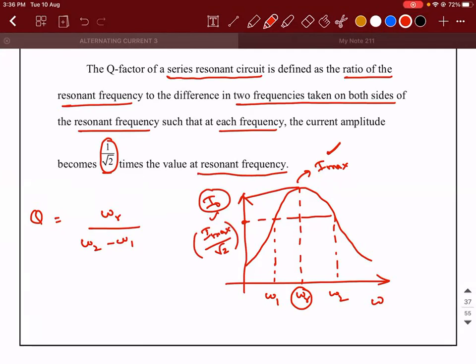Are you able to understand what are those frequencies? There are different frequencies that you can choose, where there will be two frequencies which have the same value of current except one value, that is the resonant frequency. There is only one frequency at which only one value of current is possible, that is at resonant frequency. Every other place, if you draw a line parallel to the x-axis, what will happen? It will cut at 2 points, means you will get two values of omega for which there is the same value of I.